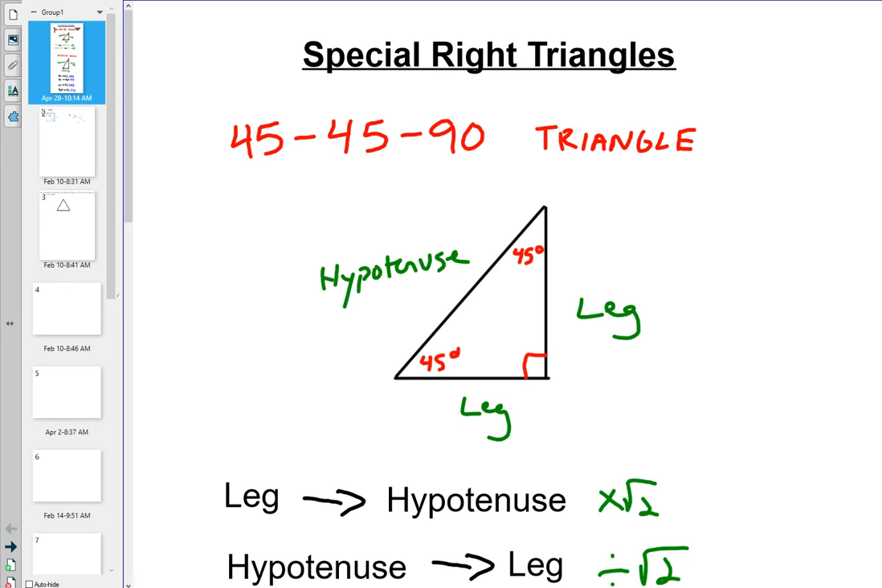We were either introduced or reintroduced to the Pythagorean theorem, which was a way to find the missing side length in a right triangle. But the thing is, in order to find that missing side, typically,